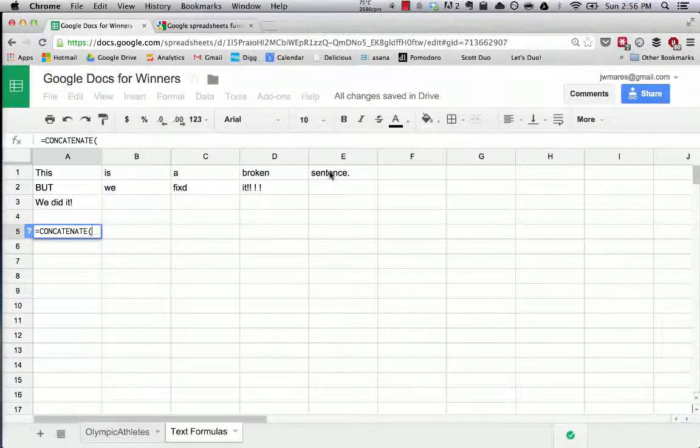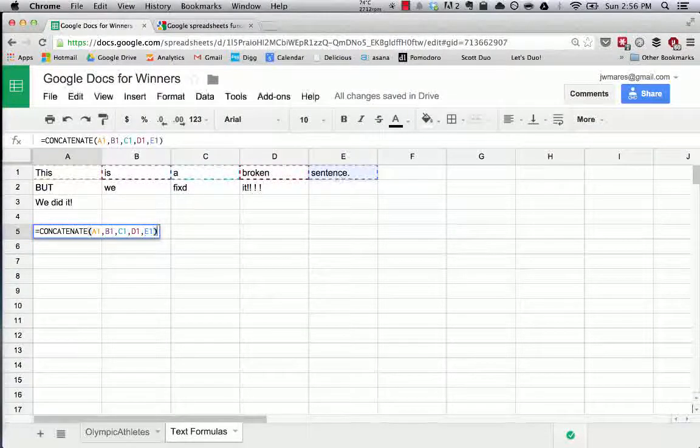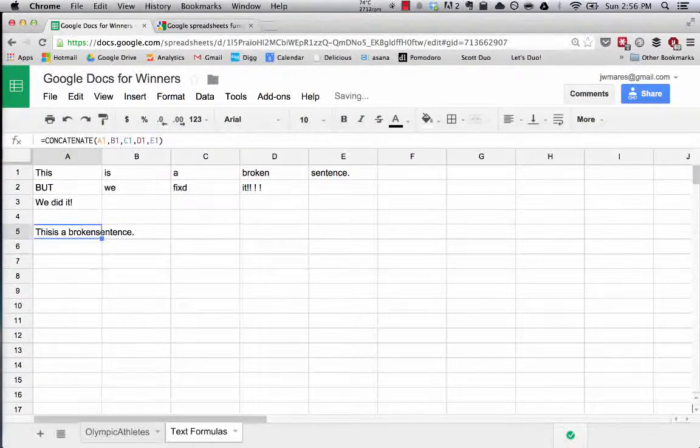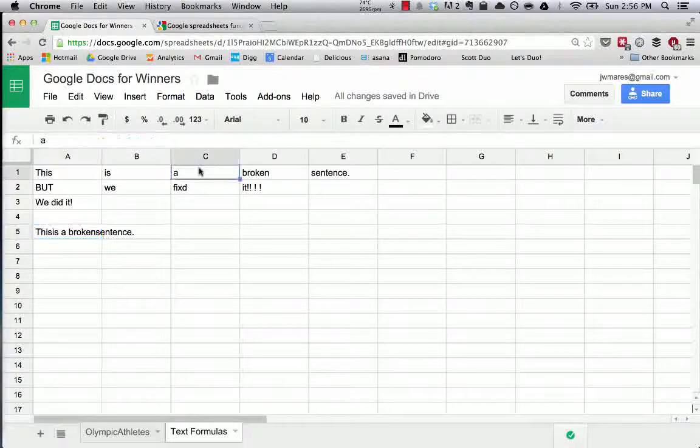If we wanted to combine all of these, how would we do it? One way is the concatenate function. You simply type concatenate, tell it what cells we want to combine, and there we go. It has now combined all of the cells together